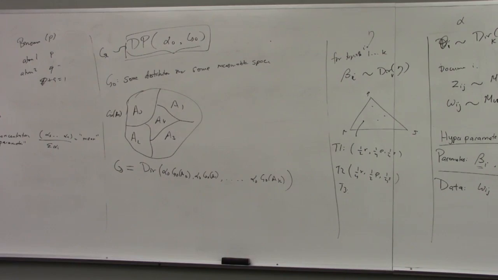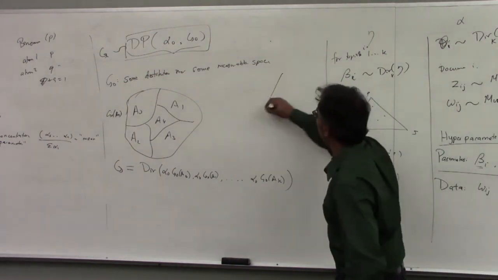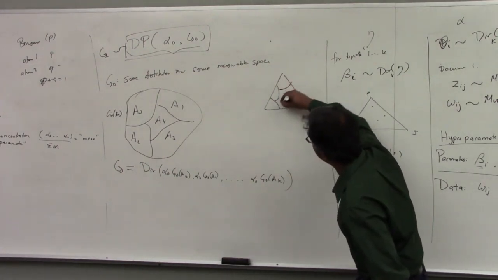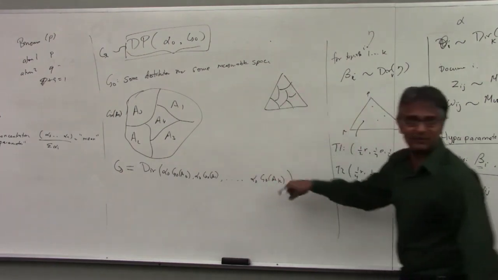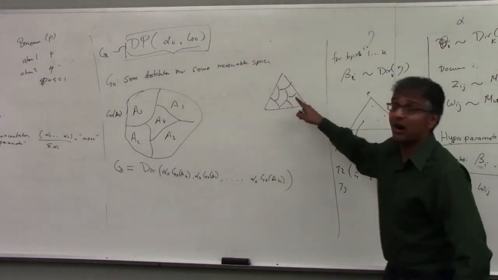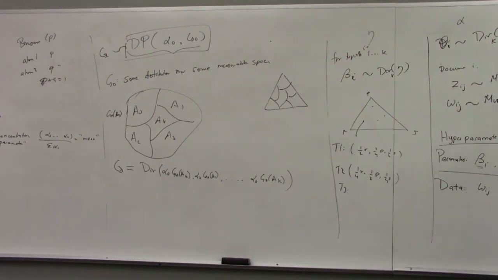So just to blow your mind, G0 could itself be a Dirichlet distribution. In that case, what I'm saying is that I have the simplex, a finite dimensional simplex, and I'm saying, okay, let's break the simplex up into k pieces, and then I want this to happen there. So in some sense, it gives you much more power. You're going from just single points to arbitrary subsets of finite size. That's in some sense where the infinite dimensionality is coming from. You're reasoning over subsets instead of reasoning over entities.